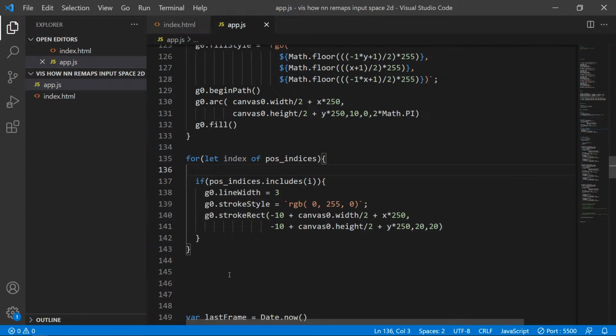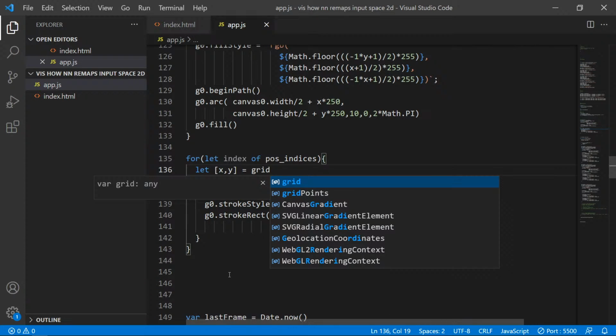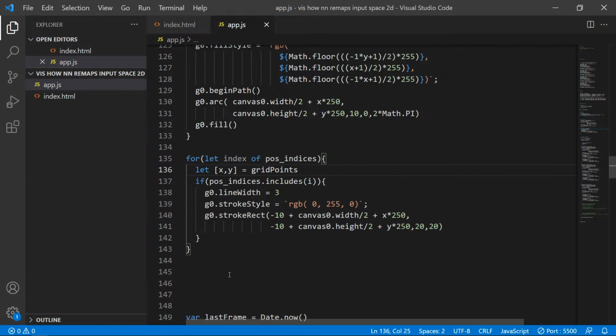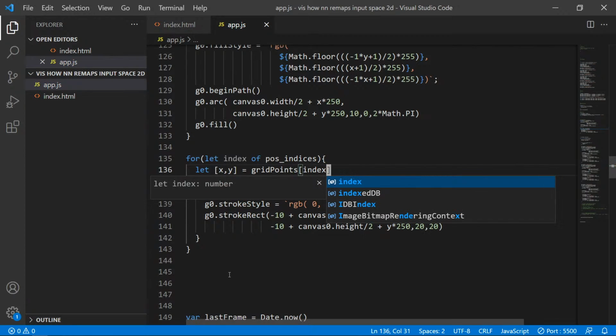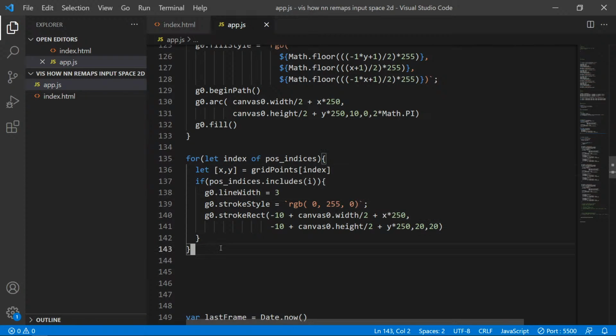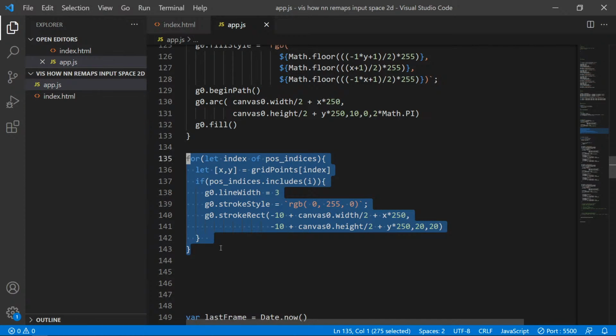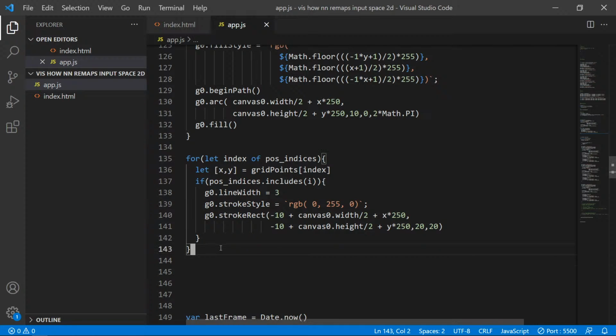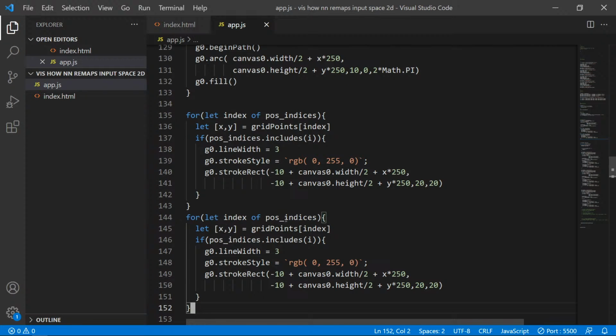What's going on here? So let x, y equal grid points for the index, and then do this. This is very annoying. Negative indices,